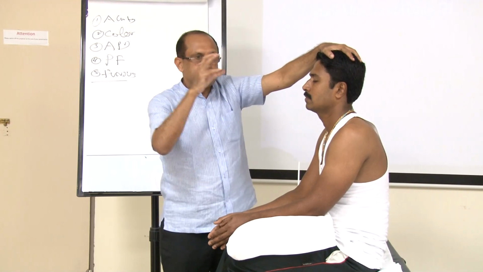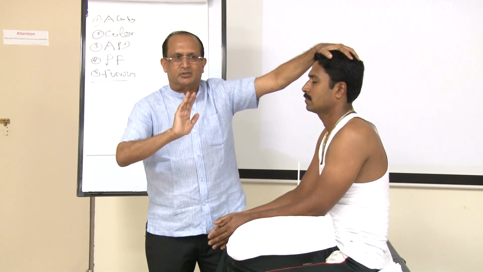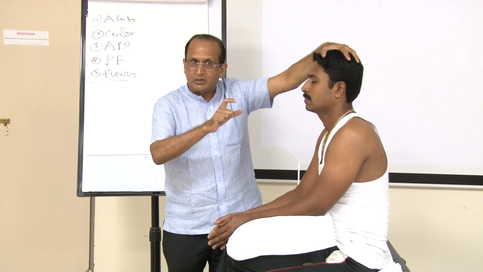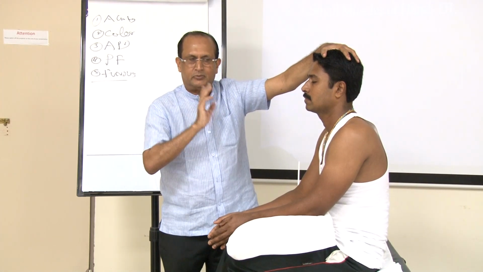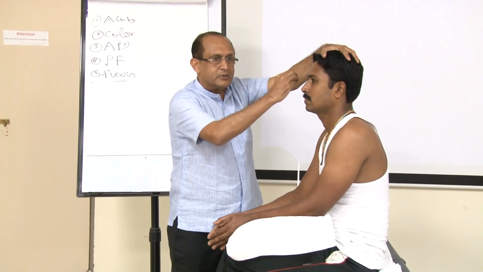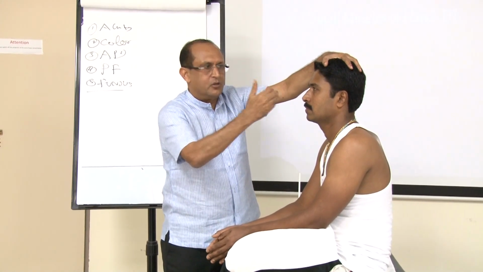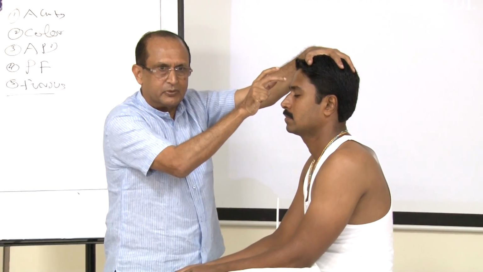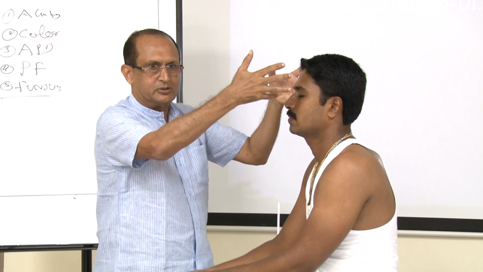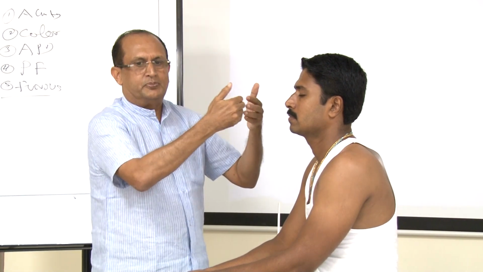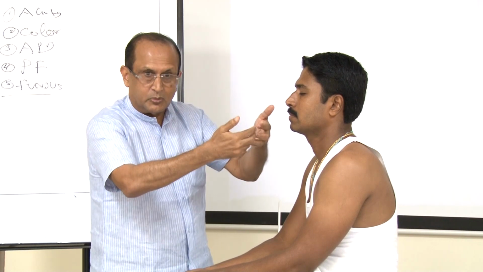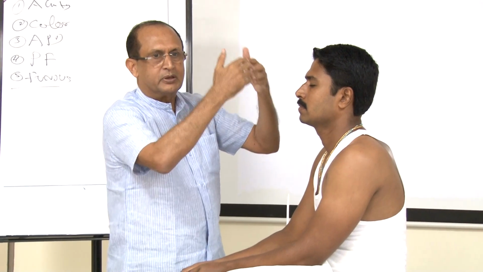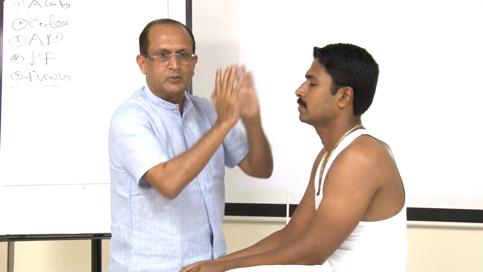This macula and fovea contain only cones. There are no rods. So the cones are important for color vision as well as high spatial resolution. The nerve fibers coming from the macula come to the optic disc, then the optic nerve, then the optic chiasma, where the nasal fibers cross and the temporal fibers are uncrossed. Then the optic tract, then the lateral geniculate body, which is a relay station in the thalamus, then the optic radiation, then the occipital cortex. This is the visual pathway.